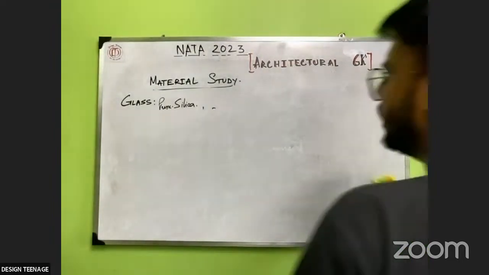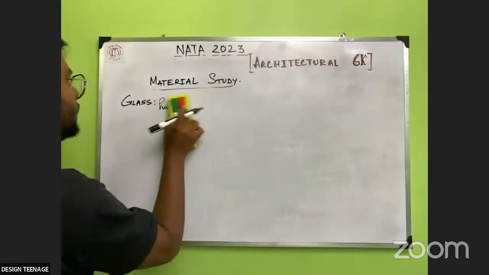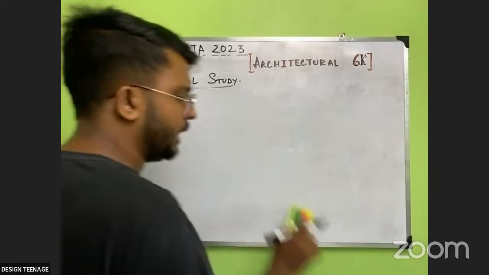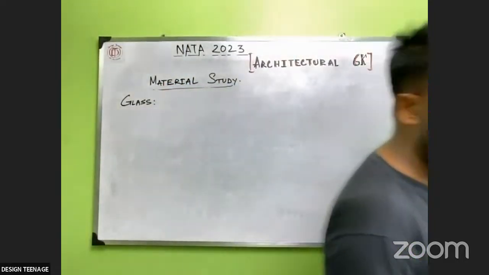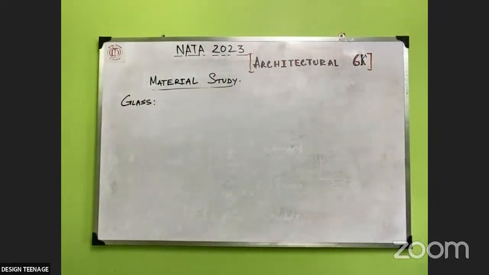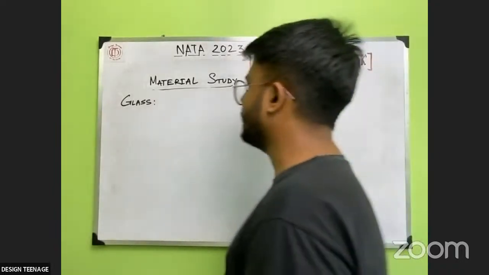Now, we don't need to know the components of glass. This is just for our information purpose. Make sure you are having a notebook wherever you are and taking a few notes regarding the same. We need to know for architectural purpose what are the different types of glass. So the first type of glass is